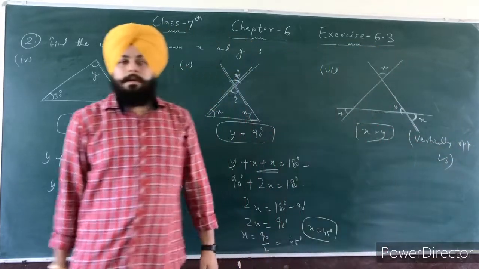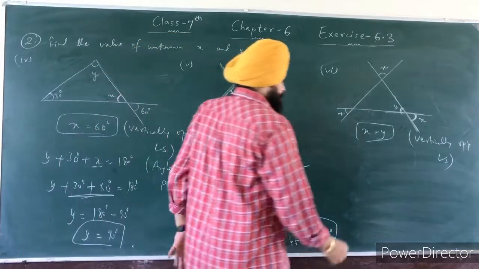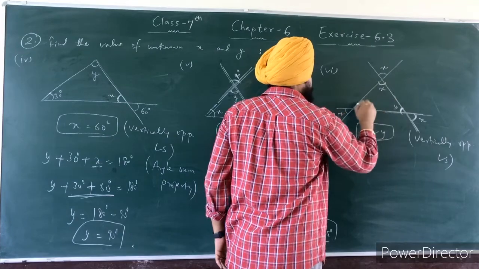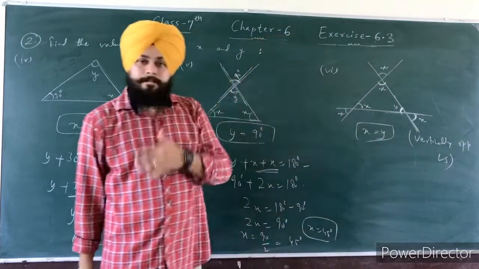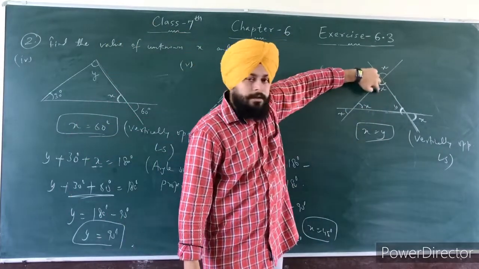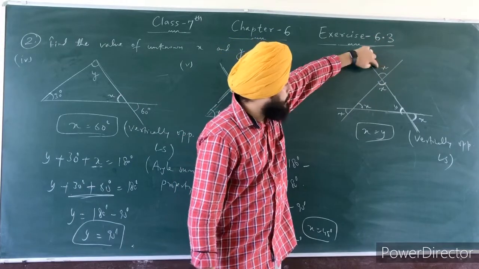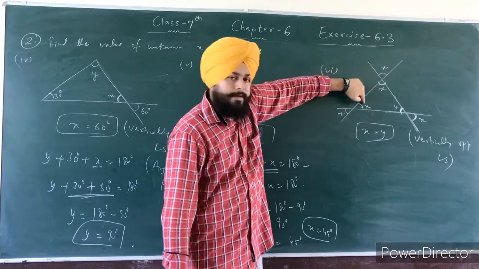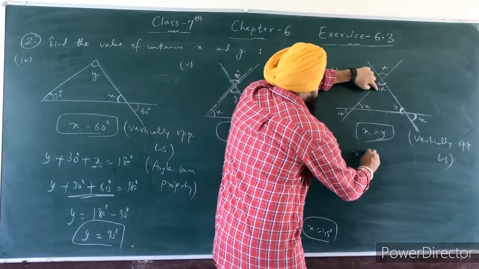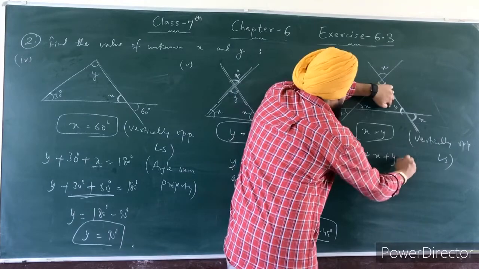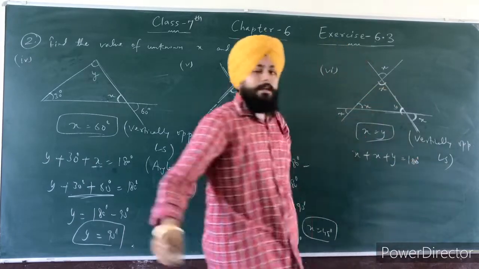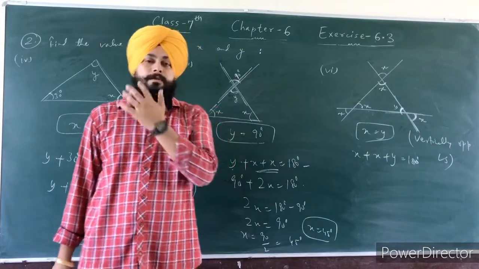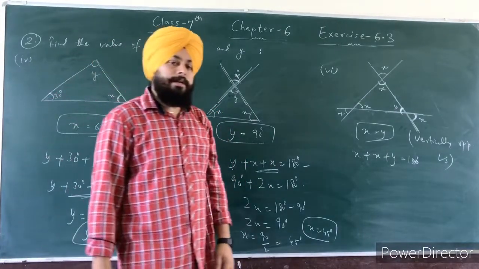opposite angles are equal. Now this is y, this is y, this is x, this is x. Clear? Because vertical opposite angles are always equal. अगर ये angle x है तो the opposite should be x होगा. If this one is x, then the angle opposite to this is again x. Alright. So this is x plus y plus x is equal to 180 degree. The reason is angle sum property. The sum of measure of all three angles of a triangle is 180 degree.